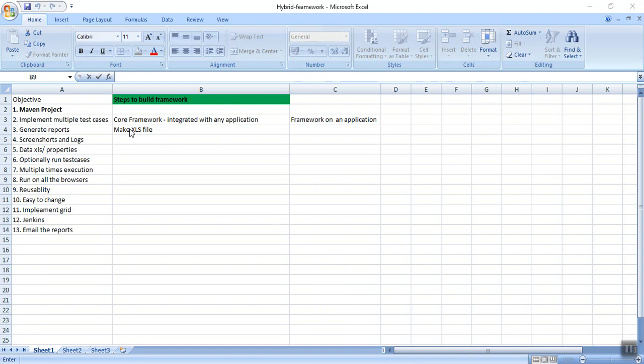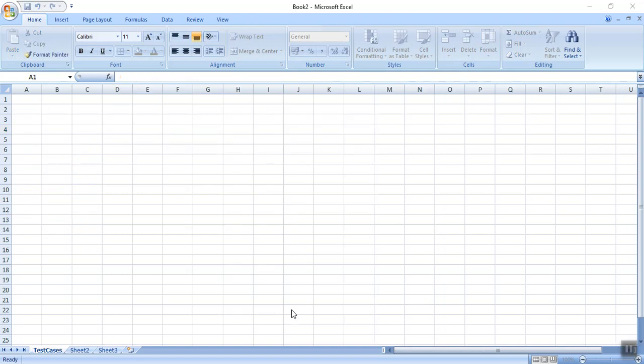We need to make these XLS files as suite XLS files, and each suite will have multiple test cases. This is my suite, and here I have created a sheet with the name test cases. I have created three sheets here: test cases, keywords, and data.